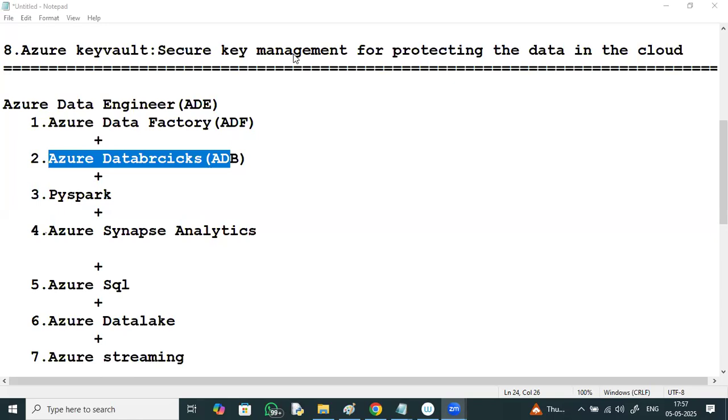And for that 1 month, around 16,000 rupees of credits are going to be added to your account. If you want any paid service, you can make use of those credits that got added when you take a free account. But you said you already created a free account. So if you want to get one more free account, you need to go with a different mobile number, a different card, and a different email ID. You need to go with these three things differently.